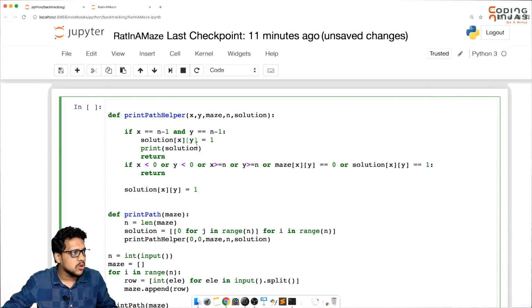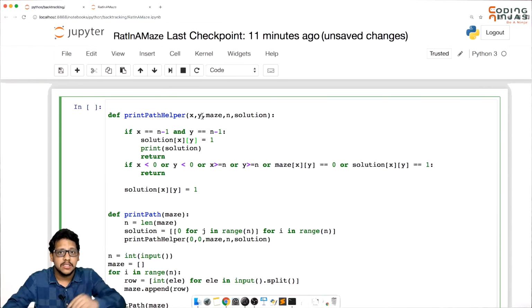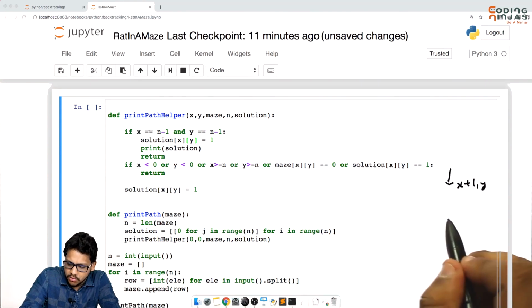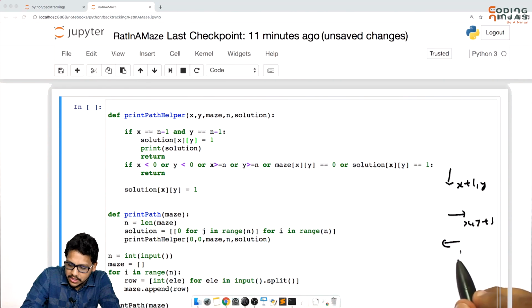For going into the next row, you will do x plus 1. For going in the next column, you will go y plus 1. If you're moving down, that means x plus 1 comma y. If you're moving right, that means x comma y plus 1, because your column is increased. If you're moving left, that means x comma y minus 1. If you're moving upwards, that means x minus 1 comma y.